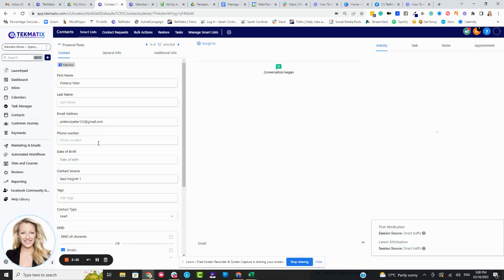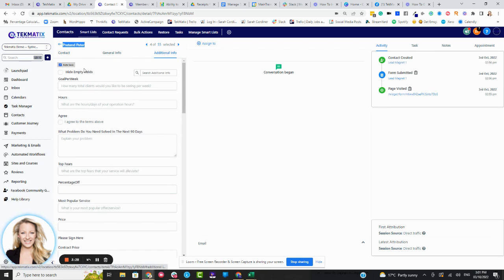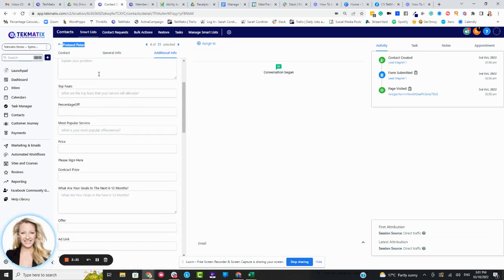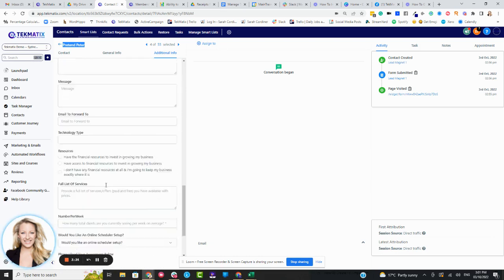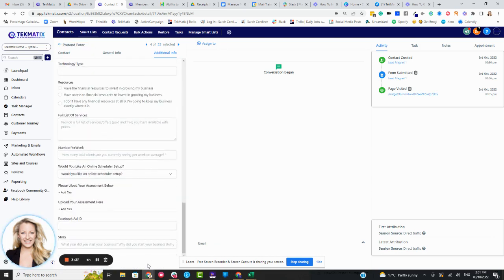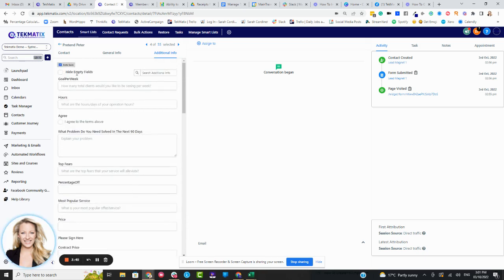If we had created any special custom fields, or we had added an upload box to our form, we would go to our client's record here. We would click on additional info, and this is where all of our custom fields would show up, along with the information that Peter, for instance, has filled in on his customer record. If you had file upload fields and Peter had uploaded a file, that would also show up in this additional info section as well, and you'd be able to view that file he's uploaded. So there you go. That is how you view the submission content, data, and uploads that have been put through forms in your